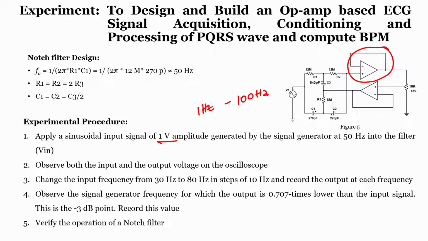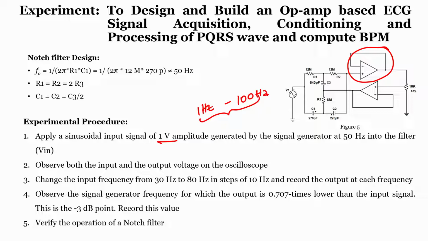So, the complete frequency range of our interest is between 1 hertz and 100 hertz, and this particular circuit is designed to remove the narrow band of 50 hertz. Since 50 hertz lies within this range, the purpose and requirement can be completely monitored using this range of frequency. When we apply the input, we will slowly change the frequency from 1 hertz to 100 hertz in steps, and observe at what frequency the output amplitude is 0.707 times that of the input signal.